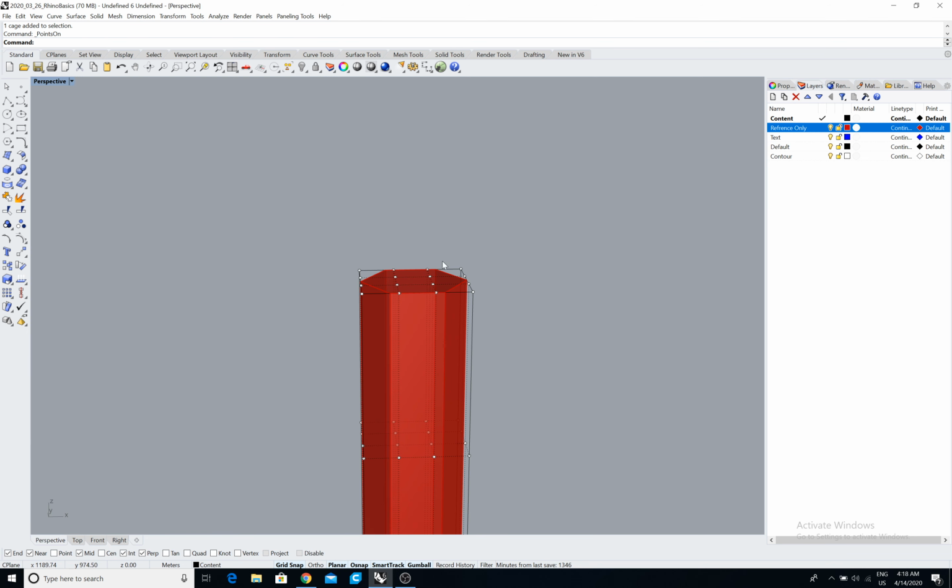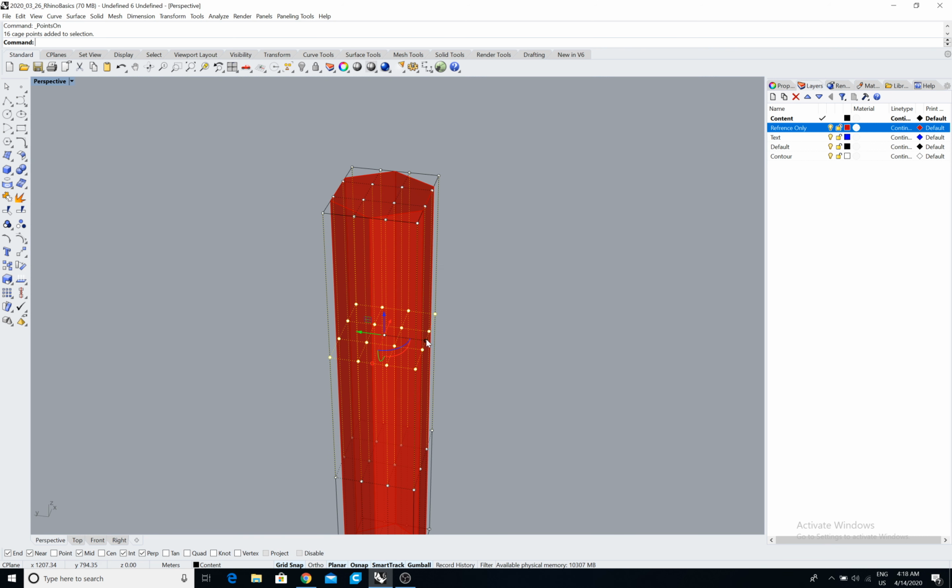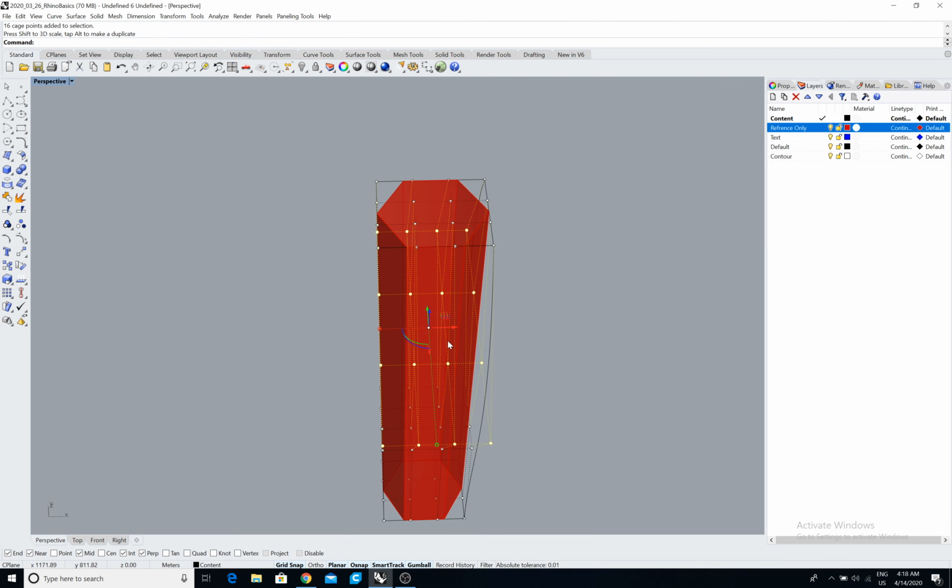So these are all the points that I have. Now whatever I do with this cage, the geometry which is inside this cage would be modeled as per the way I modeled this cage. So if I just do some things like this,